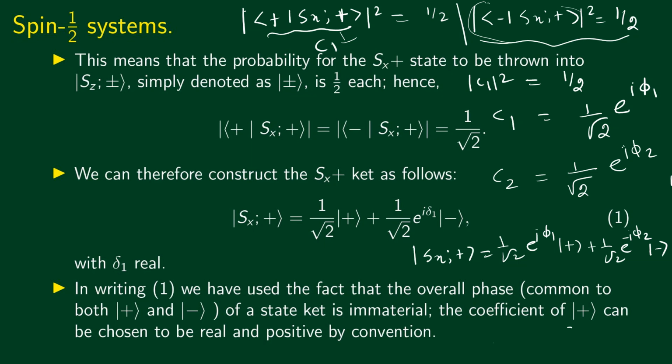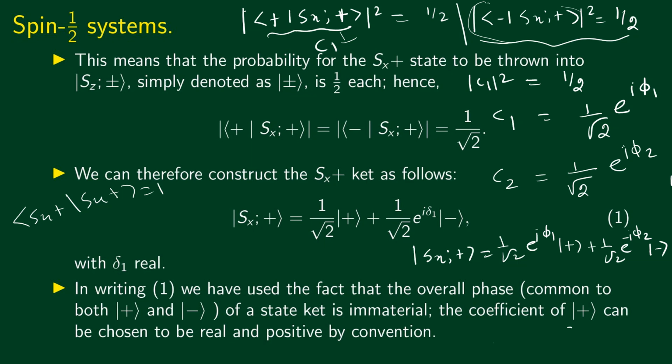We have talked about this ket Sx plus, and we can take it as normalized. The normalization does not change, or the probabilities do not change, even if I multiply by a phase factor here. For example, if bra Sx plus ket Sx plus is equal to 1,